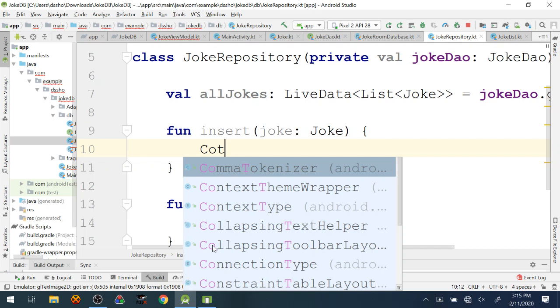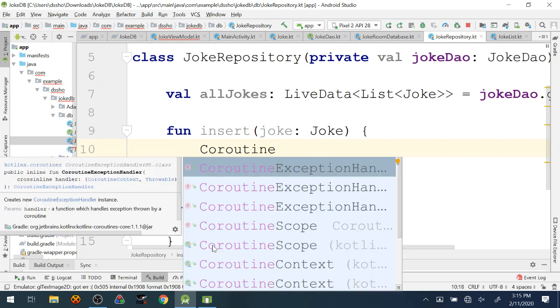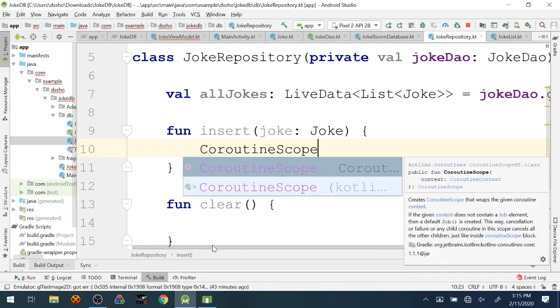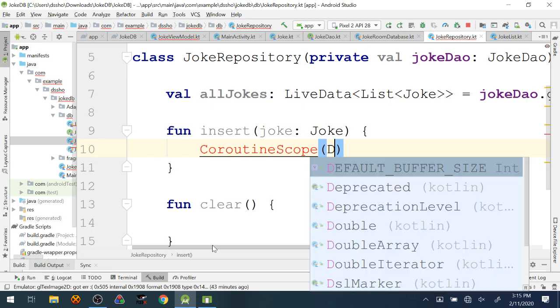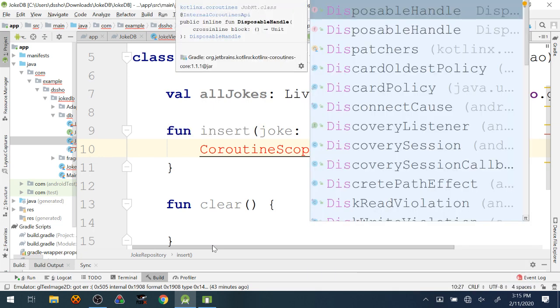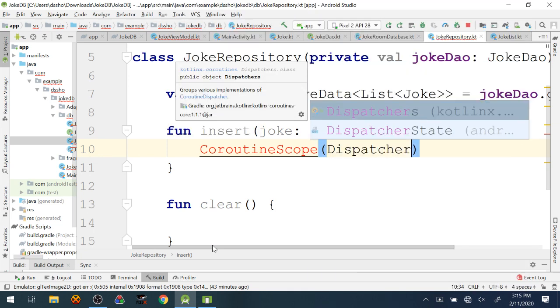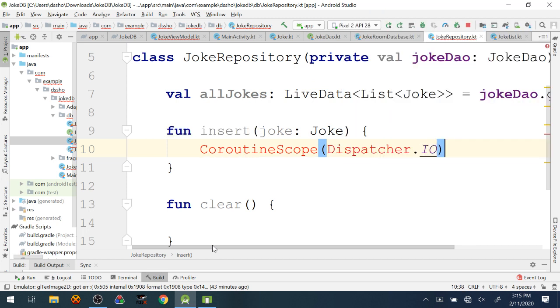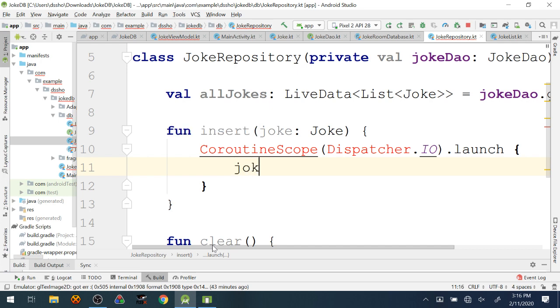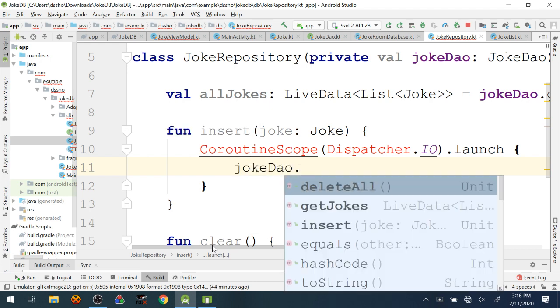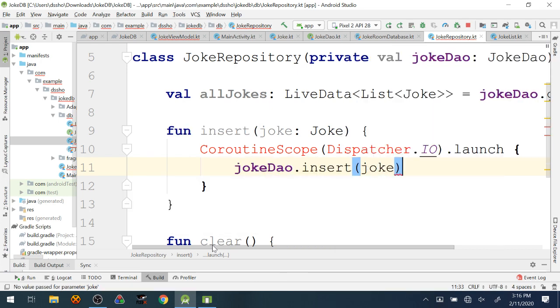They're going to use coroutines just like we did last week, but not exactly the same way. Dispatchers.IO, that's the same dispatcher we used last time. Launch, and it's very simple. jokeDao.insert(joke). Don't need a semicolon.